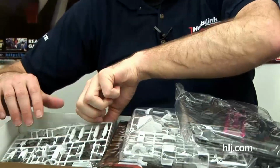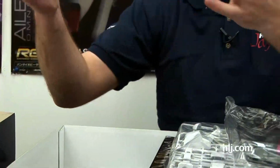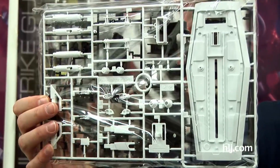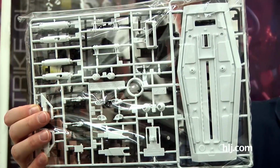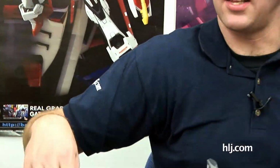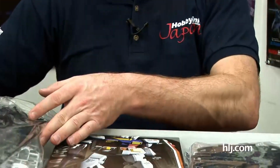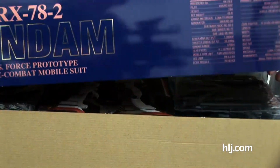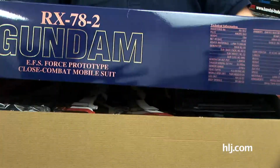Here are the beam saber handles up top here, followed by the shield. So even that RX-78-2, which is now one of the smaller Gundams actually when you compare it to a lot of the other suits that have come out since, could be one of the smaller ones, even it is huge in 1/60 scale. But let's talk about